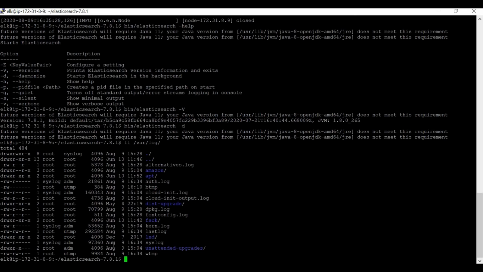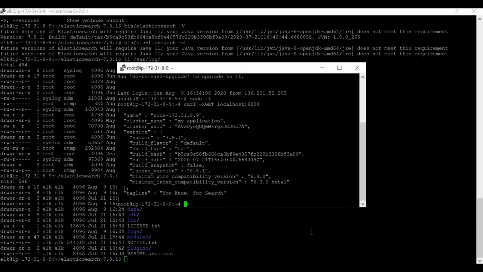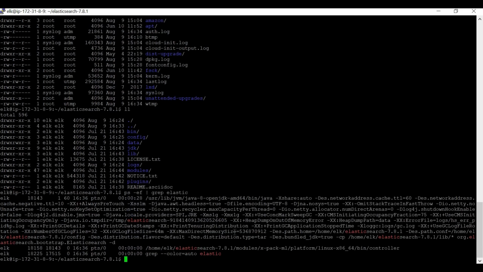It didn't get created. I think we have to create one folder for it by default. Okay, no problem. Let's see if my curl command is working or not. Oh, it's working. This means my service is running as a daemon now. One more way of checking it is ps -ef | grep elastic. Again, it's up and running.